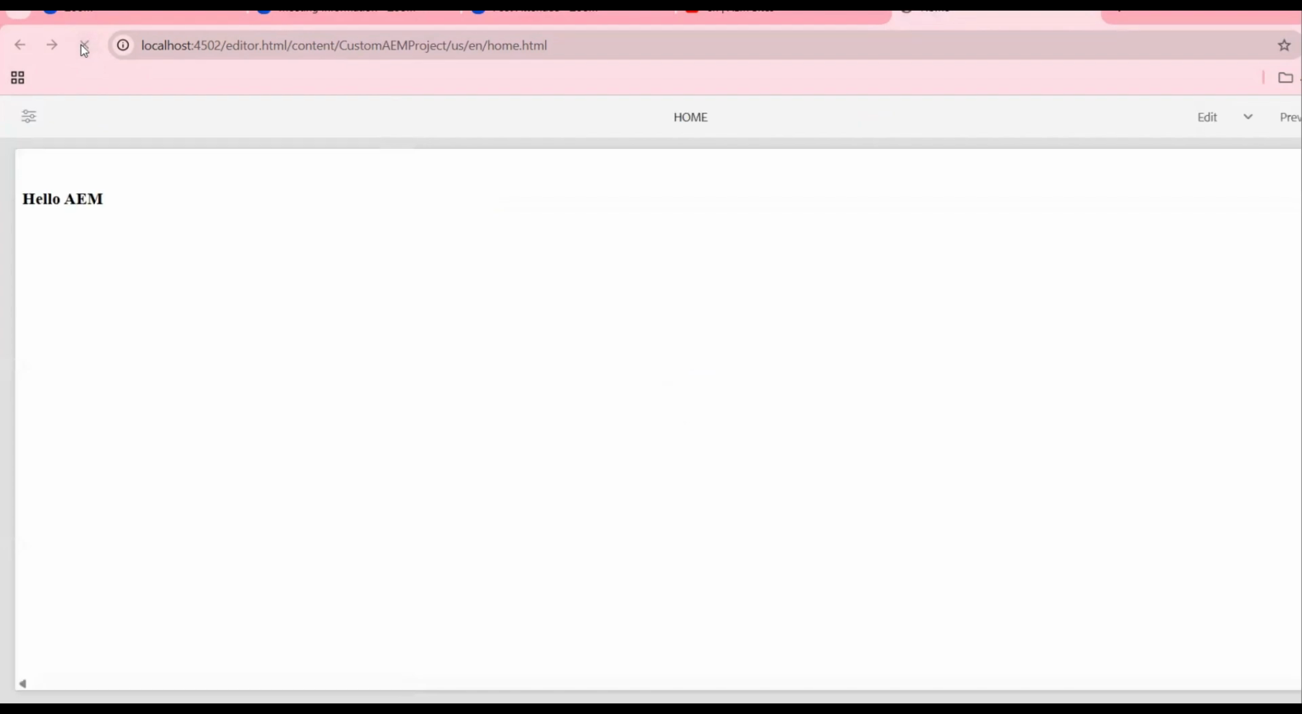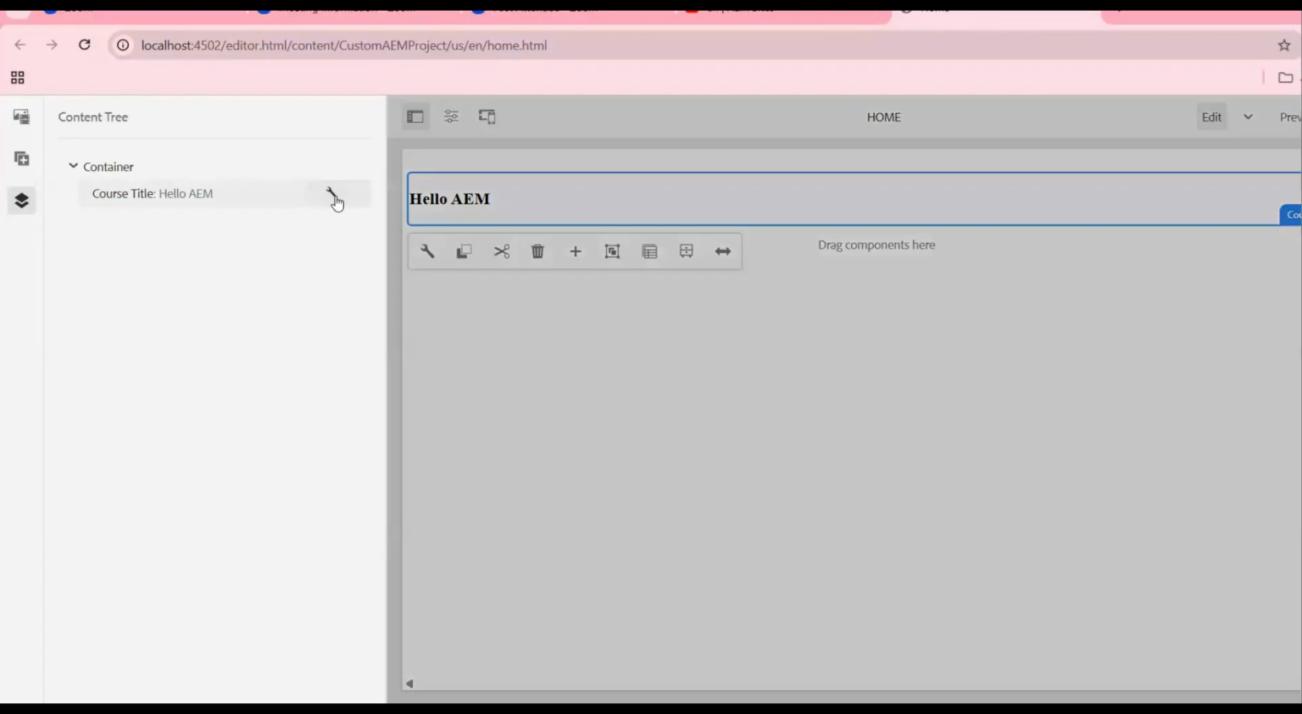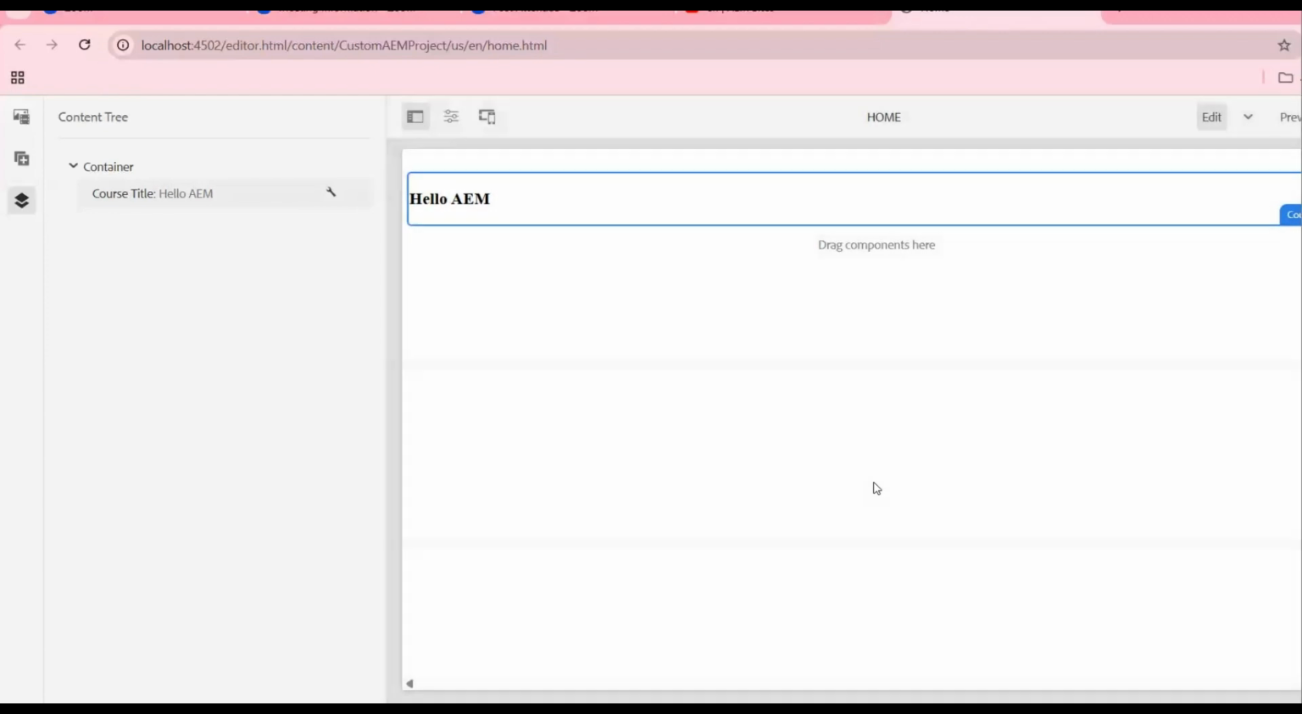And after that, what I'll do is edit the component. I'll edit this component and remove this one. I'm not going to add any property here, so no value will be added. And if I click on done here, everyone, and then refresh,